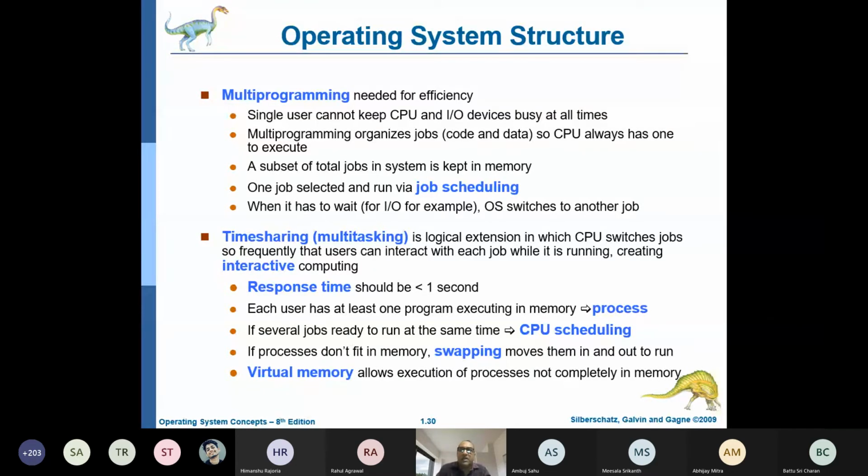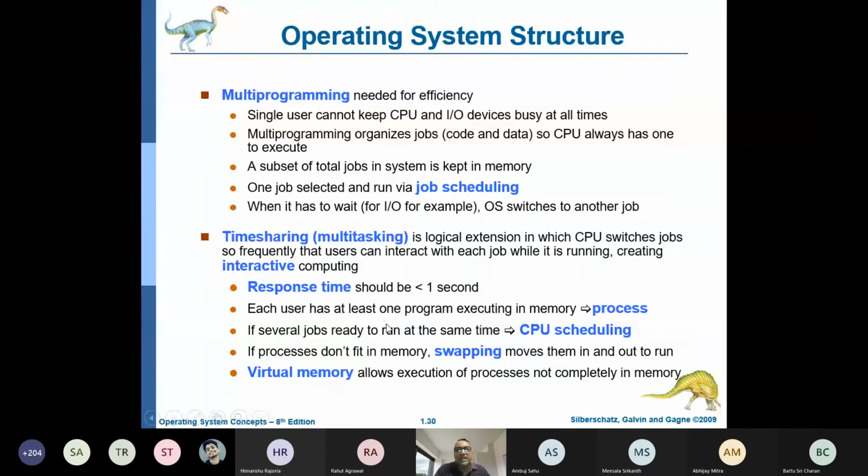You have to bring that particular instruction sequence from the secondary memory to main memory, and assume the main memory is full. In that case, you need a strategy to vacate and make some free space in the main memory and bring in the other one. That is swapping. Because my memory is full, I have to make some memory space free. Whatever content is in that memory space has to be placed into the secondary storage, and then from the secondary storage you bring the program which is right now required. That process is swapping.